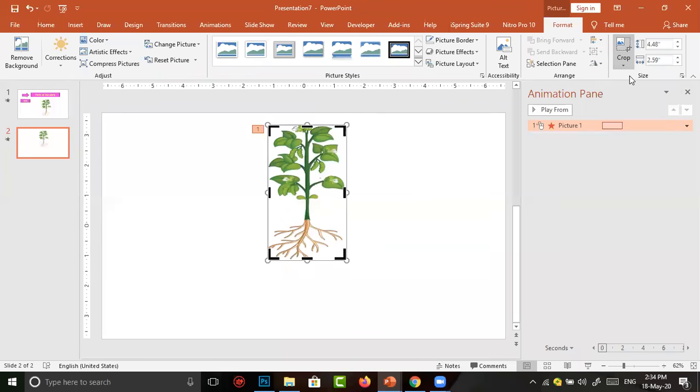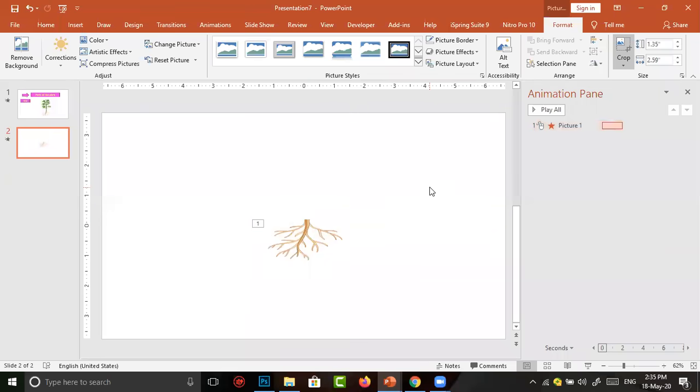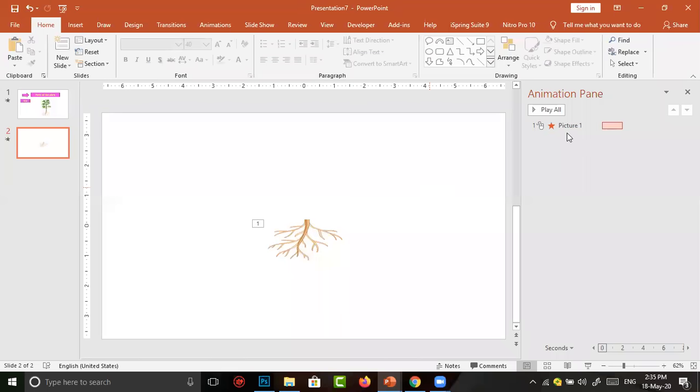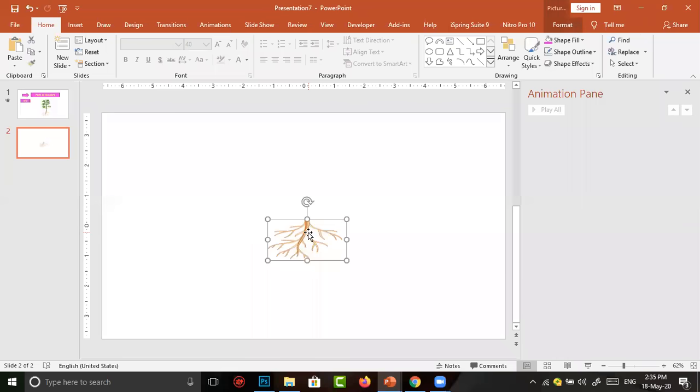Select crop. I'm going to crop the root. Click at any other place. Just remove the animation appearing there. I select the root. I copied it.